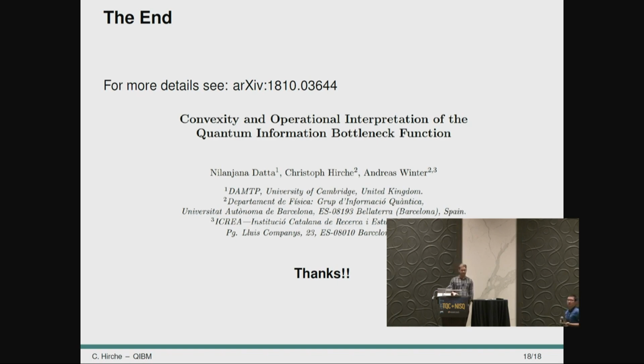Hi. Here. So you mentioned something about assisted source coding, right? Mm-hmm. So is there a one-shot analog of it? Like if you can replace your bottleneck function by some epsilon smooth one-shot bottleneck function or something? I mean, you could clearly make a one-shot problem out of it. Yeah. So if we can start off with one-shot instance of the problem and then take n copies of it and then generalize to get the asymptotic result.